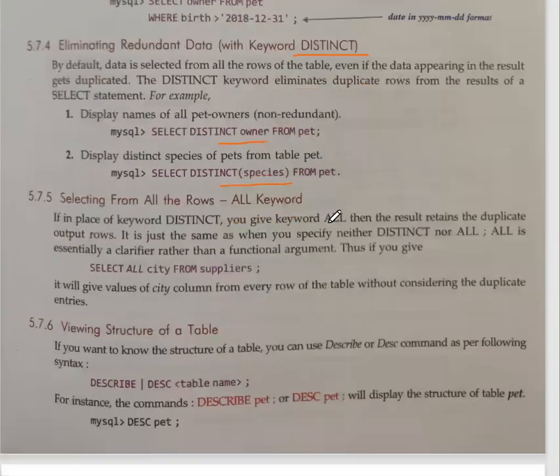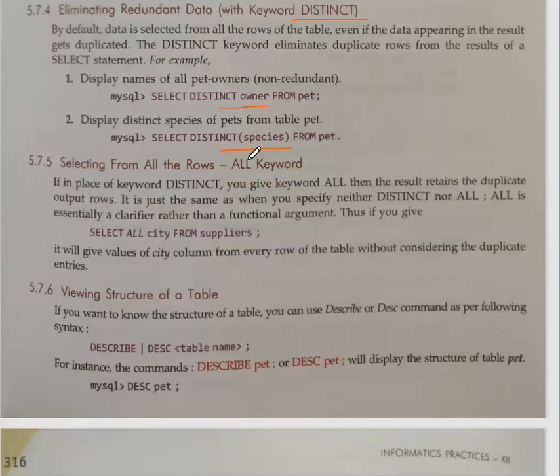Okay, then see, just the reverse of distinct is your all clause. If we are not using all, then also by default it is all only. So it is your choice whether you are writing all or not. For example, here they have written select all city. If you do not write this, then by default also you are getting all cities only. Means if I am writing select city from supplier, I will be getting city only. So this is optional, your choice whether you wanted to write or not.